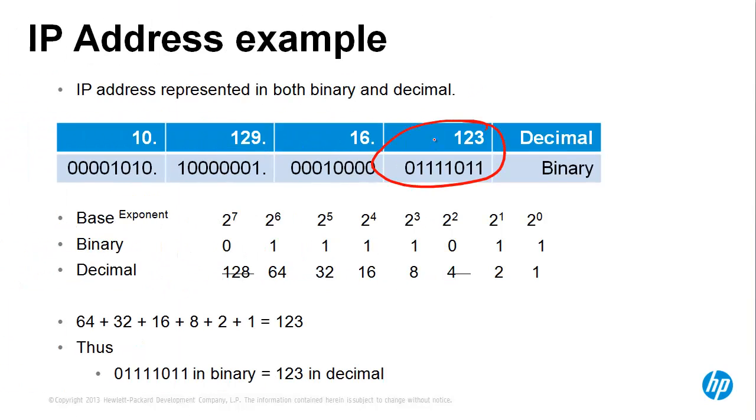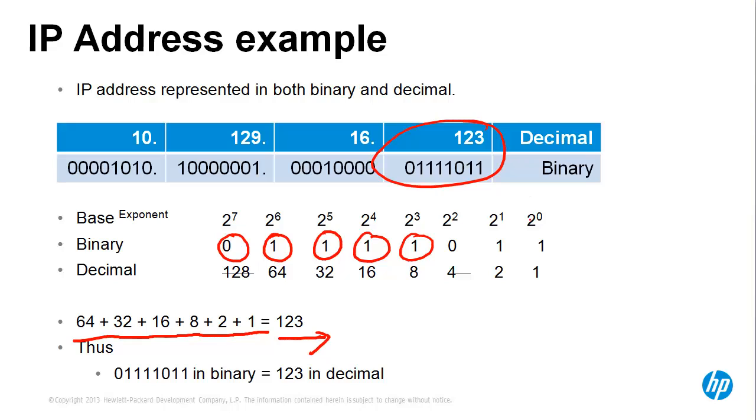And lastly, 123. 64 plus 32 plus 16 plus 8 plus 2 plus 1 equals 123. In other words, the first bit is off, second bit is on, which equals 64, third bit is on, 32, fourth bit is on, 16, fifth bit is on, which is 8, seventh bit is on, which is 2, and last bit is on, which is 1. So 64, 32, 16, 8 plus 2 plus 1 gives us 123. In other words, 0 followed by 4 ones, followed by a 0, followed by 2 ones in binary is equivalent